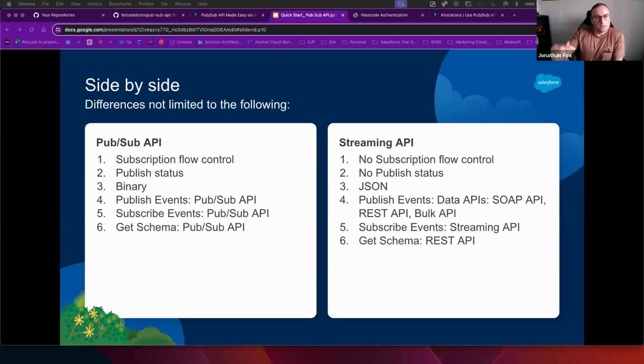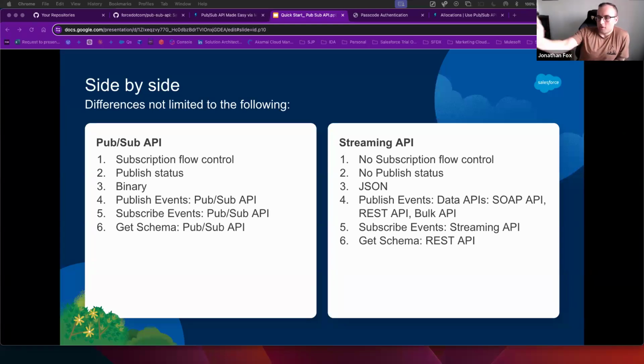Binary versus JSON. Now, you know what a JSON payload looks like, and it can be quite chunky compared to a binary payload, and that's where your speed comes from, and that's where the Apache Avro schema comes into decoding, serializing and deserializing. It makes those really big events much smaller and easier to handle, and you can react to them without lots of data transfer over the public internet effectively.